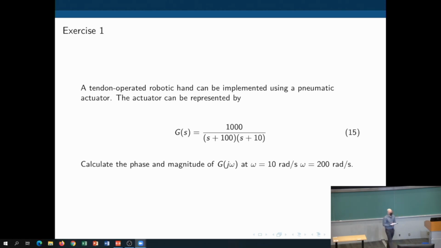Okay, so if there are no questions, let's do this one. We have a tendon-operated robotic hand that can be implemented using a pneumatic actuator. The actuator can be represented by that transfer function. And we want to calculate the phase and magnitude of that transfer function at 10 radians per second and 200 radians per second. Why? Well, if we are doing a pneumatic actuator for a hand, the actuator may have to